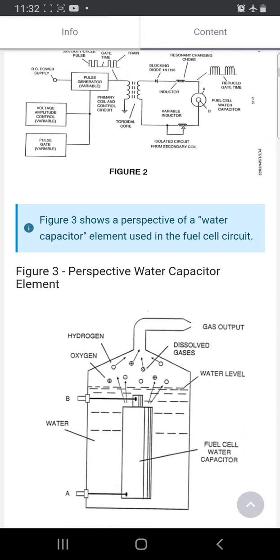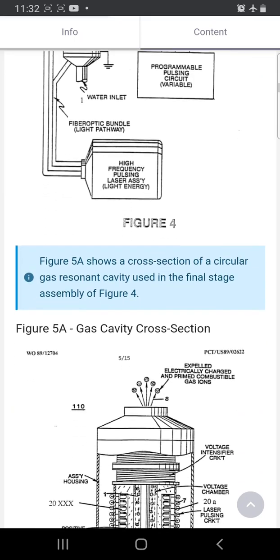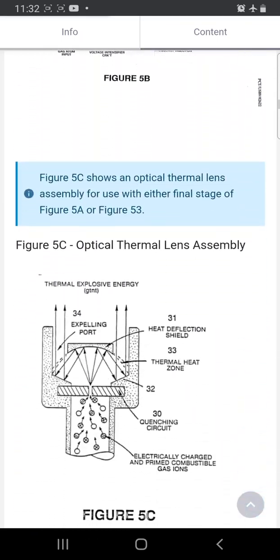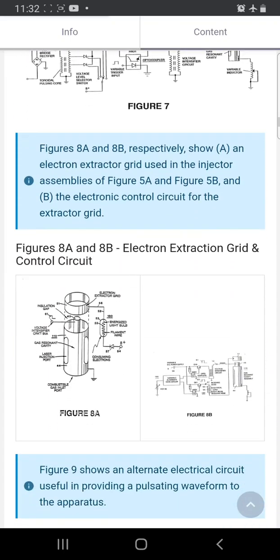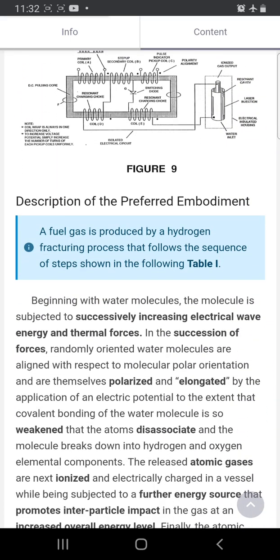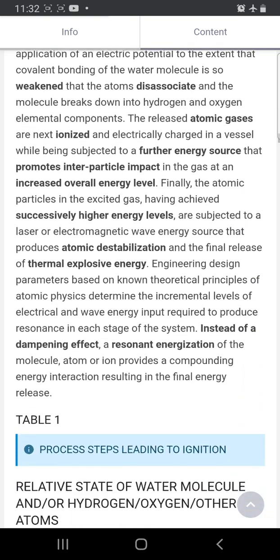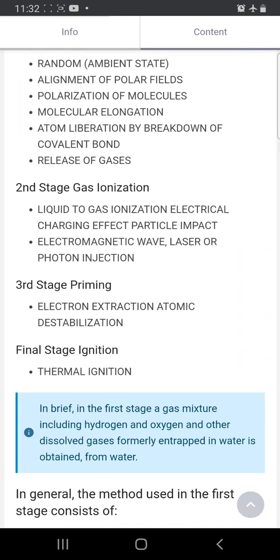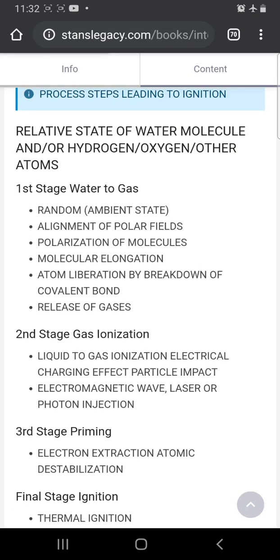Also, what you don't see in any of Stan's technology, and why you don't see that. I believe that Stan didn't need to create as much gas as you would normally need if you just grabbed a hydrogen cylinder from the gas shop and hooked it up to your car and ran down the road on it. That hydrogen wouldn't be as energy dense as what Stan was creating, because if you look here, we've got